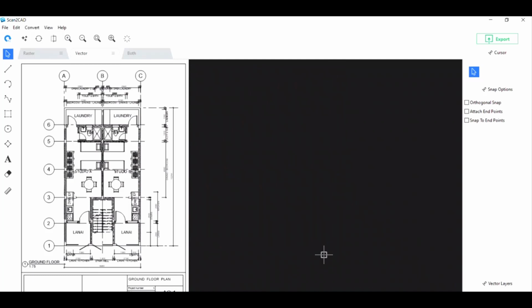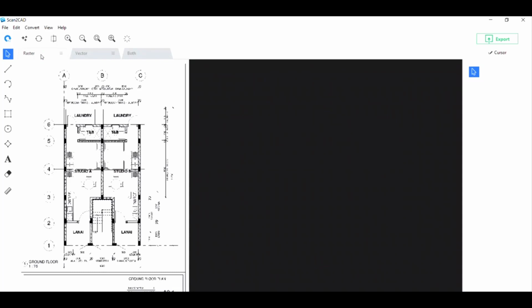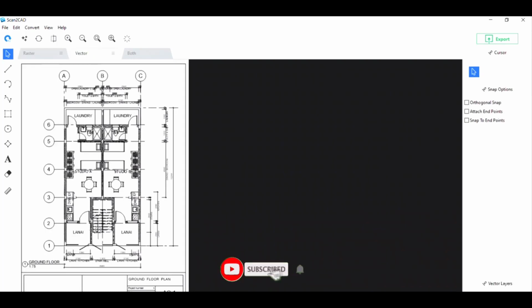So it's a pretty quick and easy process. To recap, we open up the raster PDF, we clean it up as much as we can. If you have a cleaner file available, I would suggest that you use that. The cleaner the file, the better the output. After we clean it up and do some pre-processing, you click on Convert Raster Image, tweak the settings, and check the final vector output before saving it. So that's how you can use ScantaCAD to easily convert your raster PDFs to vector files that you can then use on your CAD programs.